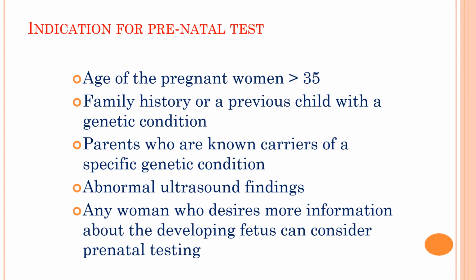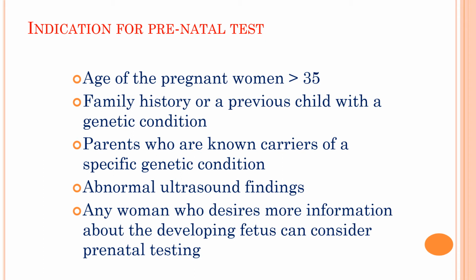What are the indications for prenatal test? When the age of the pregnant woman is greater than 35 years, there are different kinds of genetic condition that can occur as the age of a woman is increasing. Then if there is family history of a previous child with genetic condition, maybe during the previous delivery, maybe the woman has had a baby with Down syndrome, so you want to carry out a prenatal screening to know if the present pregnancy that she is carrying is having a baby with genetic disorder or not. Then another indication,